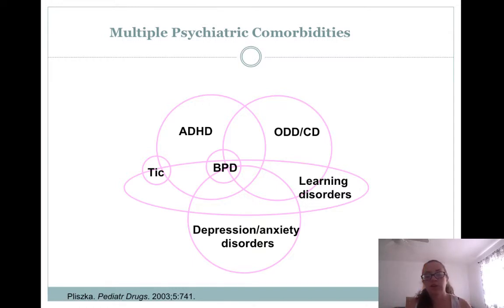So if you are a psychologist assessing for ADHD, you also need to look to see if, let's say you've diagnosed them, for sure this kid has ADHD. Well then, do they have bipolar? Do they have oppositional defiant? Do they have a learning disorder? You have to look for all of these. You may not look for schizophrenia, for instance, but you definitely need to look for bipolar, or, I said borderline personality before, didn't I? I didn't mean that. Bipolar disorder, tic, learning disorders, depression, etc.